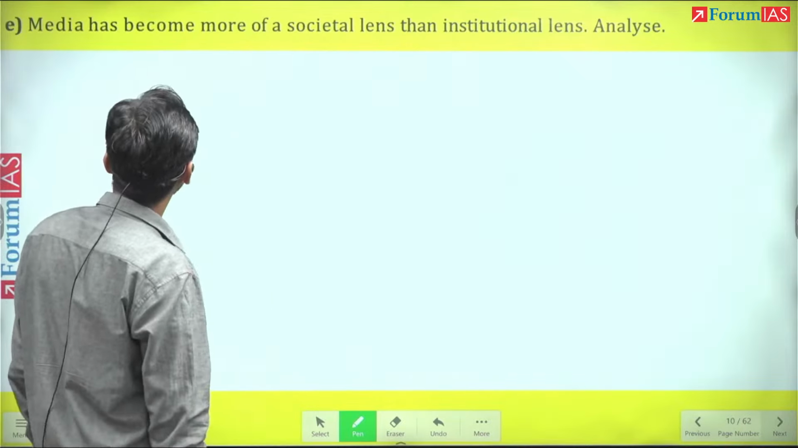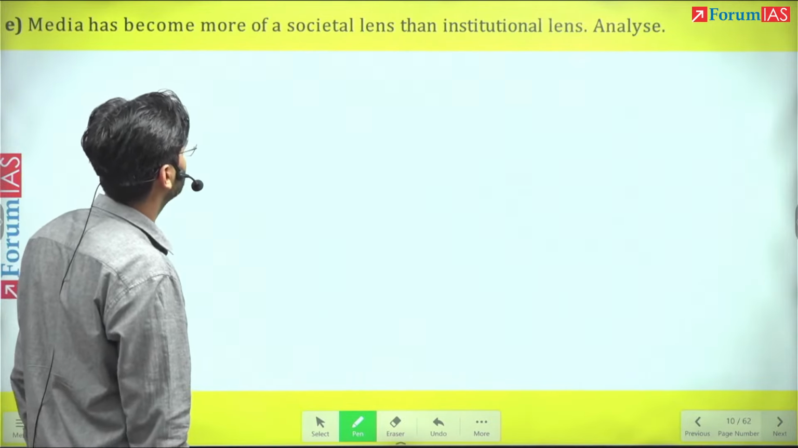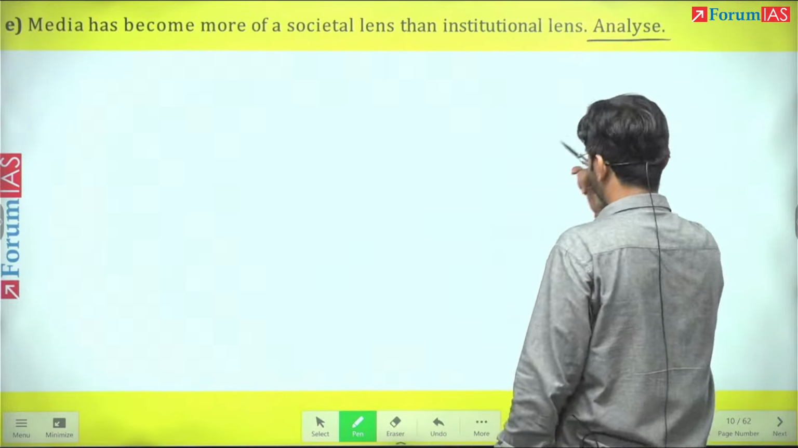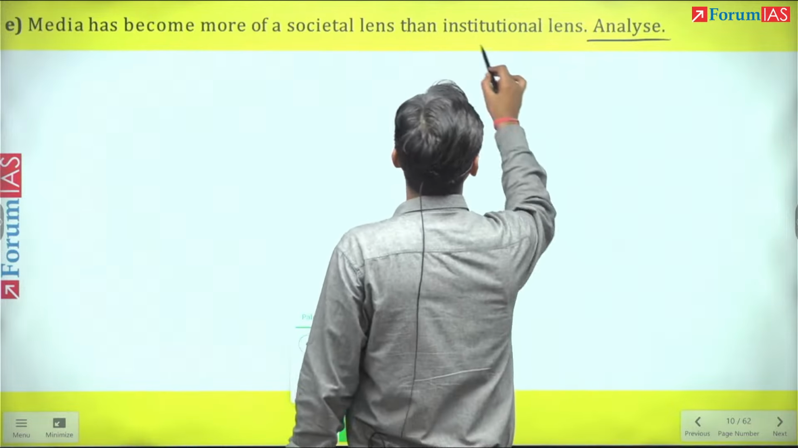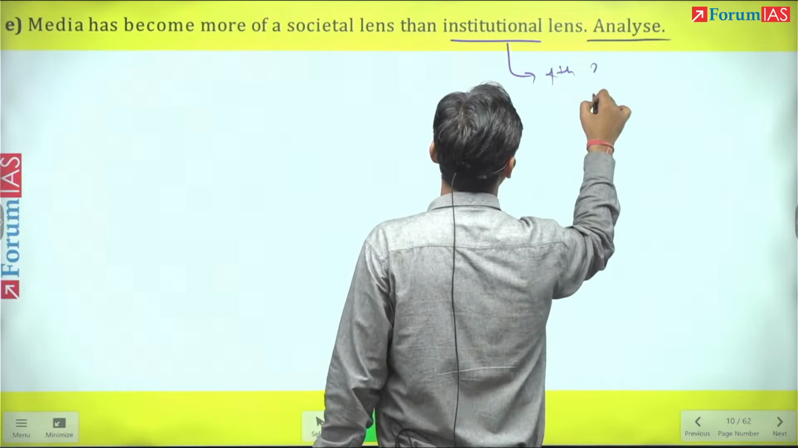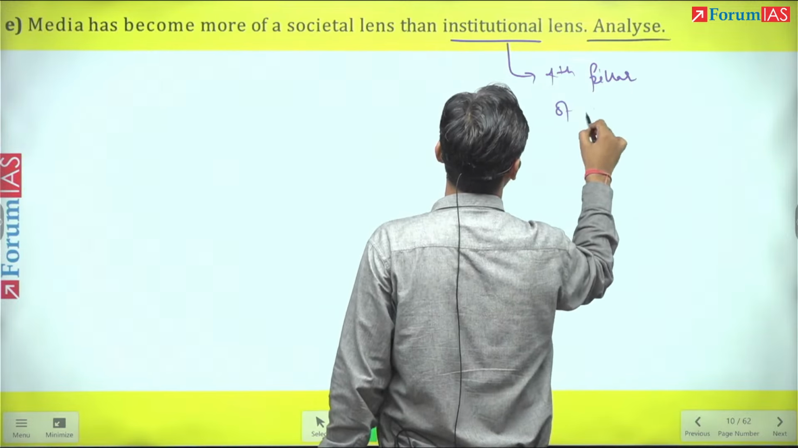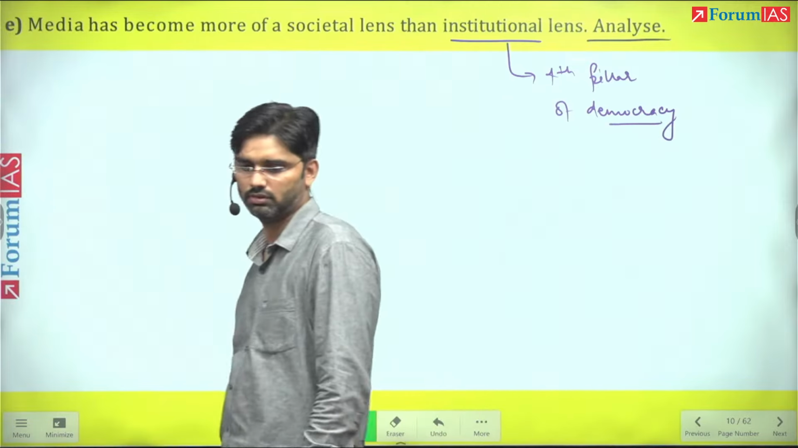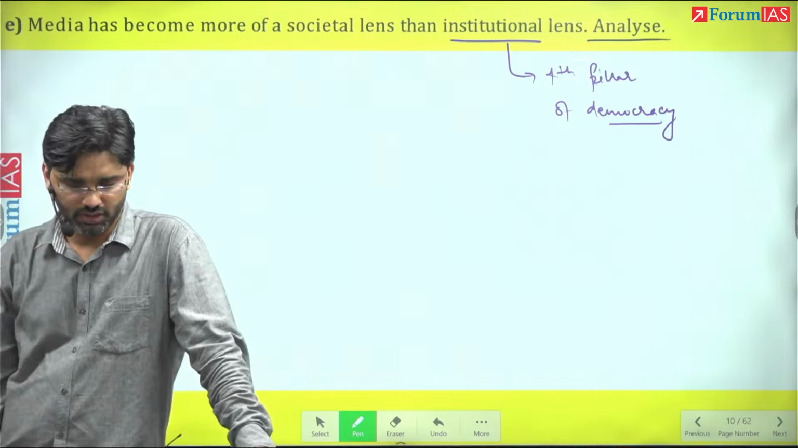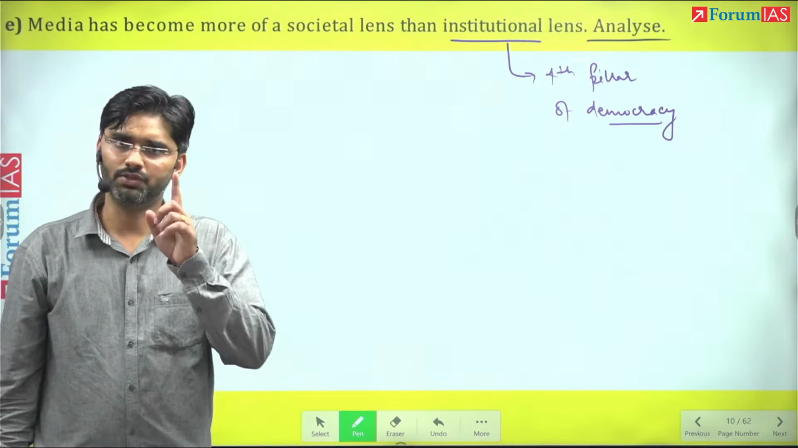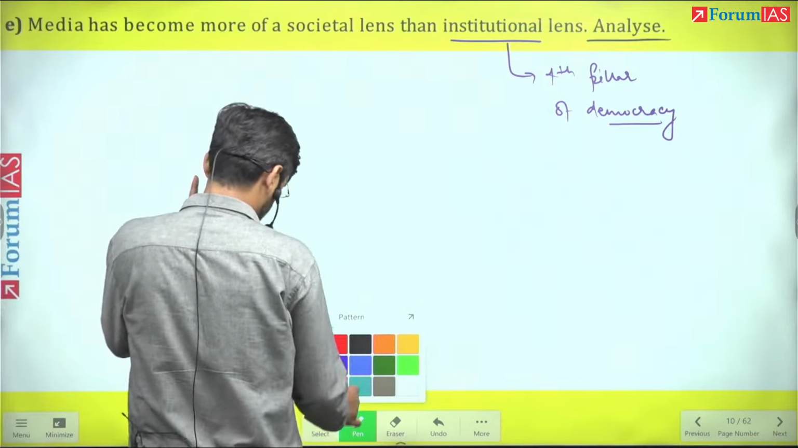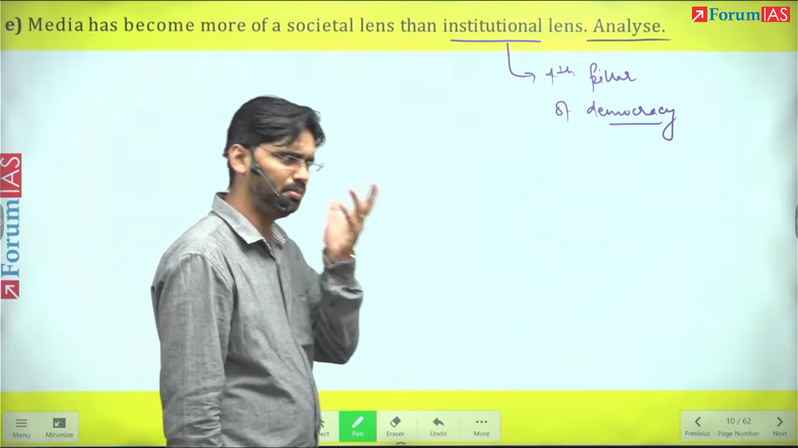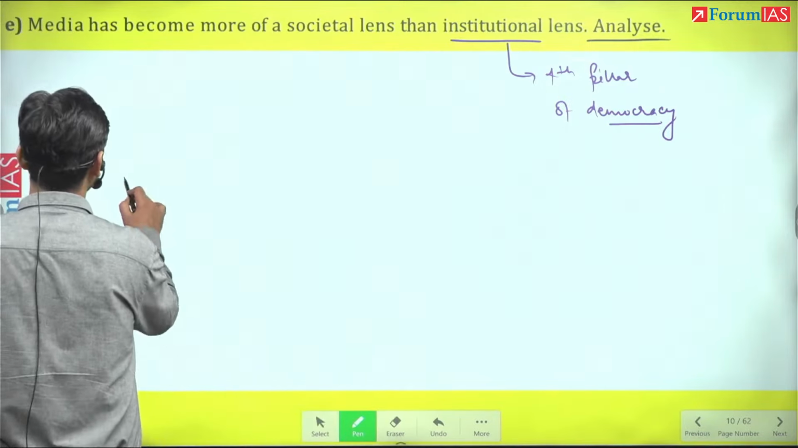Then: media has become more of a societal lens than an institutional lens, analyze. So you need to do an analysis. Very good question. Media is called the fourth pillar of democracy, an institution in itself. There is one sociologist thinker, when we read about Chester Barnard, Mary Parker Follett, even Frederick W. Taylor, his name is Talcott